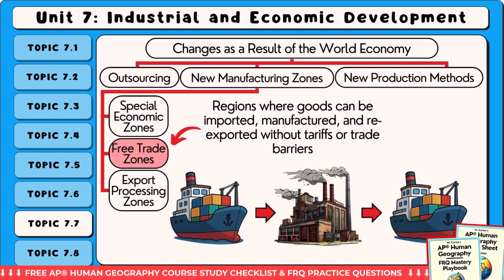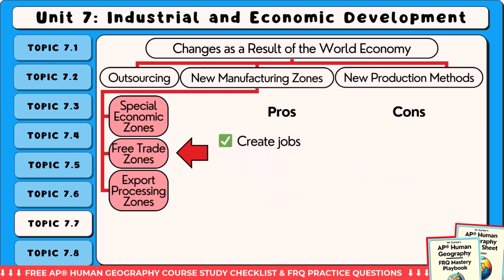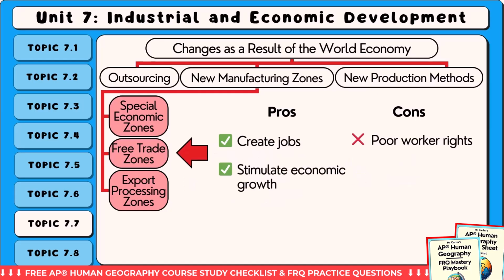Free trade zones are regions where goods can be imported, manufactured, and re-exported without the usual tariffs or trade barriers. Export processing zones are zones specifically designed for industries that produce goods for export. Governments often provide cheap labor and tax breaks to companies that set up factories in these areas. While these zones create jobs and stimulate economic growth, they also raise concerns about worker rights, environmental standards, and dependency